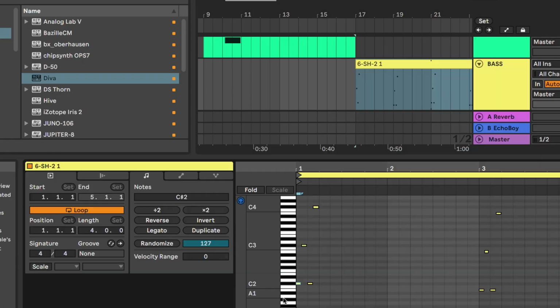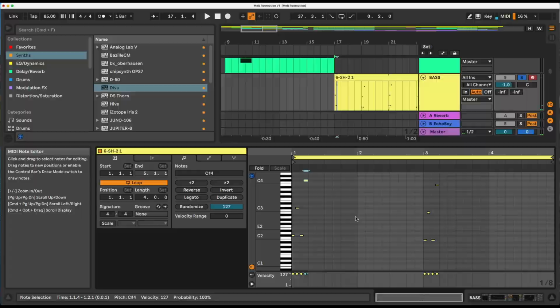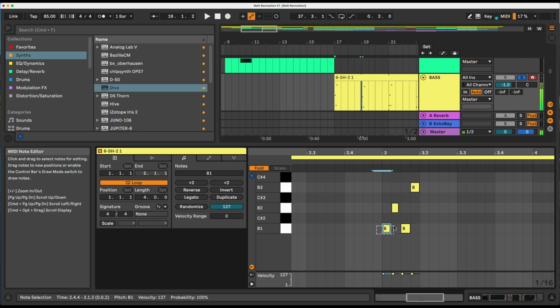So that's the sequence. So we have just an octave. So it's just octaves, really. It's quite a cool idea for a bass line. I never would have thought of doing 3 octaves. And then we just go down to the B. So C sharp, octaves, and then B flat, or just B. So let's have a listen to my version.